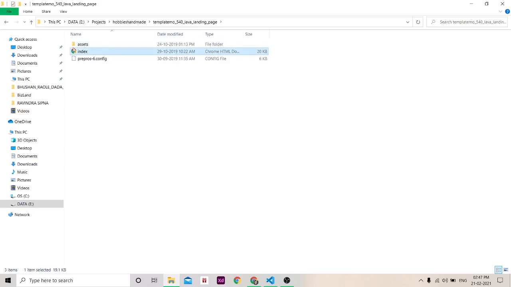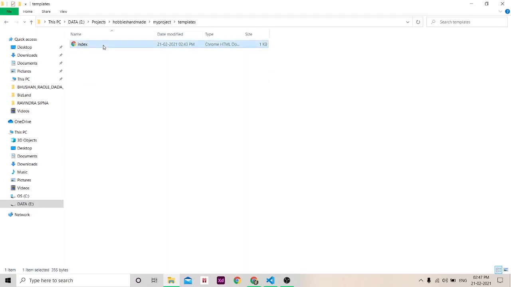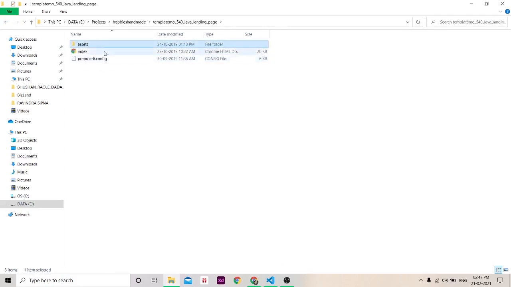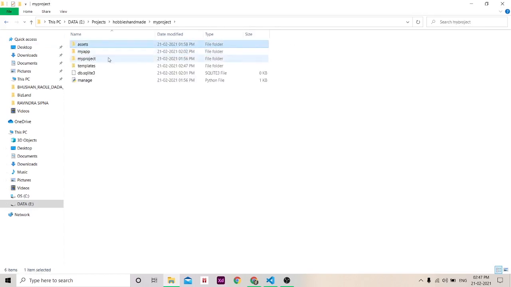Let's copy this index.html file into my project's template section. Let's delete the old one and paste the index file that we have copied. Similarly, let's copy assets from here and paste or replace these with our assets folder.